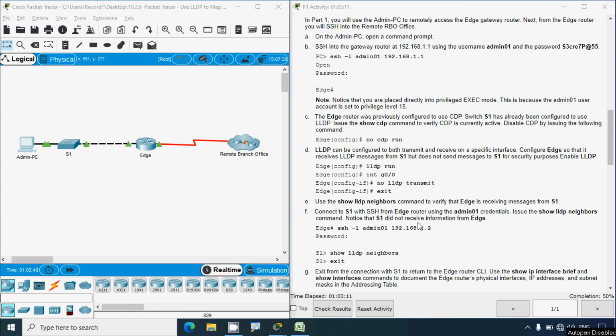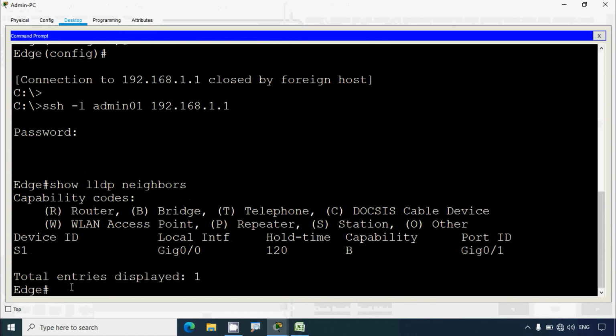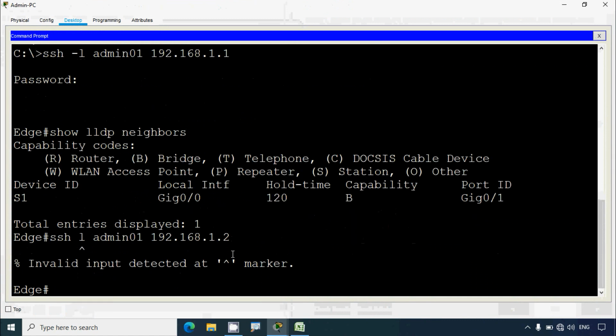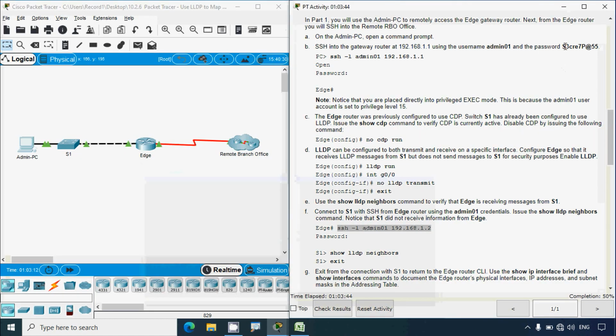Notice that S1 did not receive information from the Edge. So we have to give this command: SSH space -L space admin01 with this address 192.168.1.2, the IP address of this switch S1. So I will copy that. Coming to admin PC, here we will give that, and it's SSH -L admin01, then the target, password,